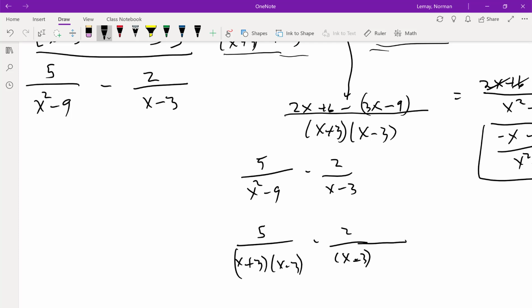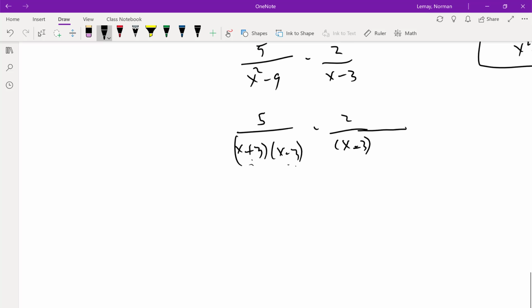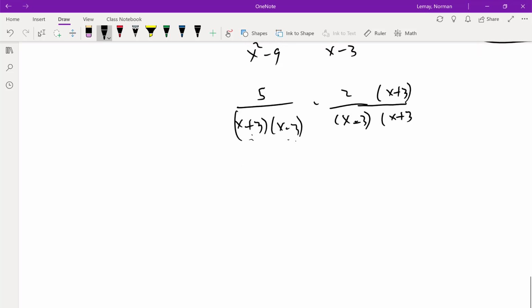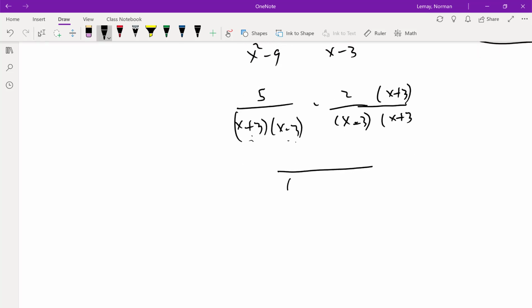So I'm hoping that we can see and agree that x plus 3, x minus 3 is the common denominator. So notice if I multiply the bottom by x plus 3, I have to multiply the top by x plus 3. So let's just note that by the common denominator, we get x plus 3,